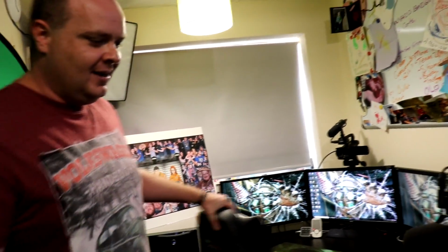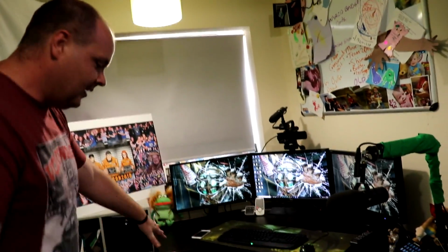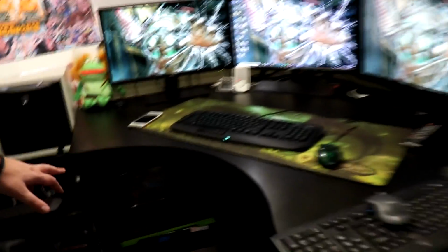Under my desk, again, I'm trying to show you what little space we've got. Under my desk is actually another PC. So the idea before we were going to move was that I would have a PC that was super light. This is the worst case we could buy. And drag it around, and I could go and set up in the bathroom or something like that, and record WoW videos